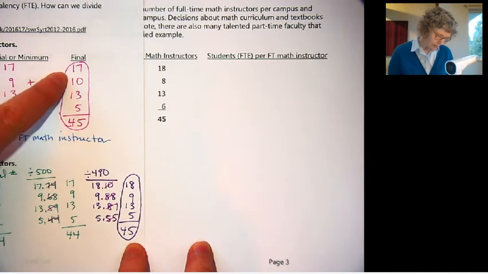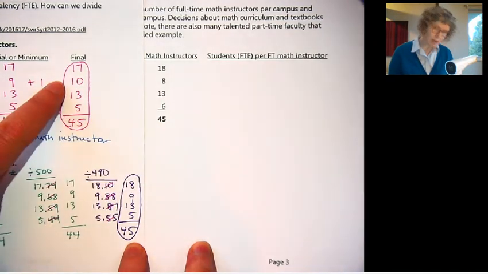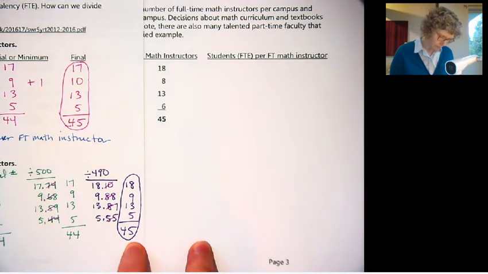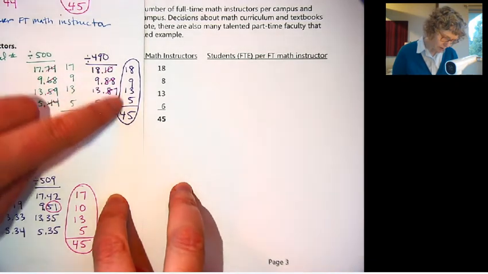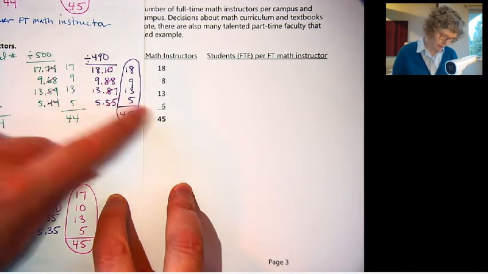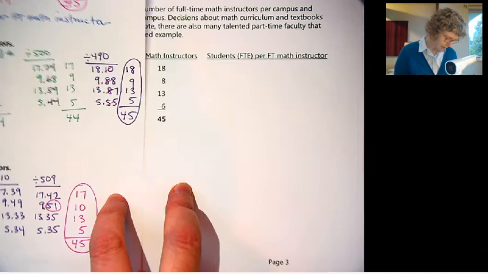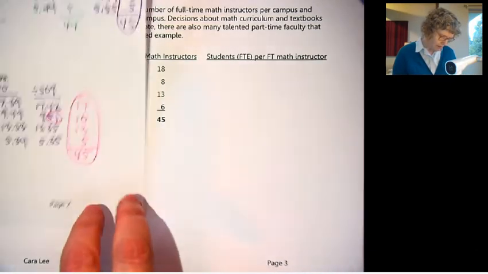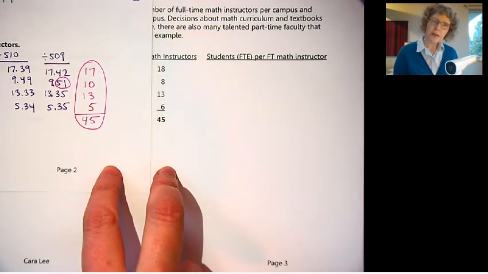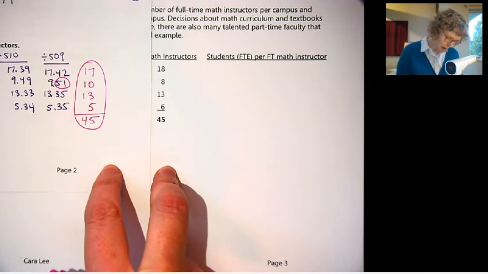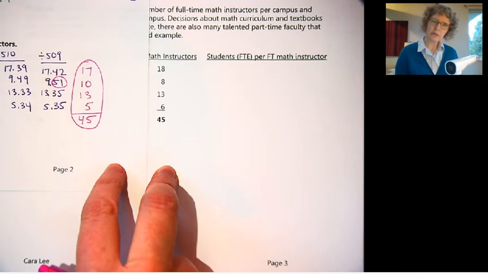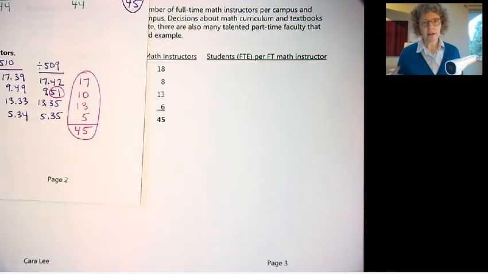So one from Sylvania and one from Southeast would have gone to Cascade. Jefferson's method was 18, 9, 13, 5. So one from Southeast would go to Cascade. And the other two I think were the same as Hamilton's. Different methods, but they came out with the same outcome. 17, 10, 13, 5, and Hill-Huntington was also the same. So it's close, it's not exact.